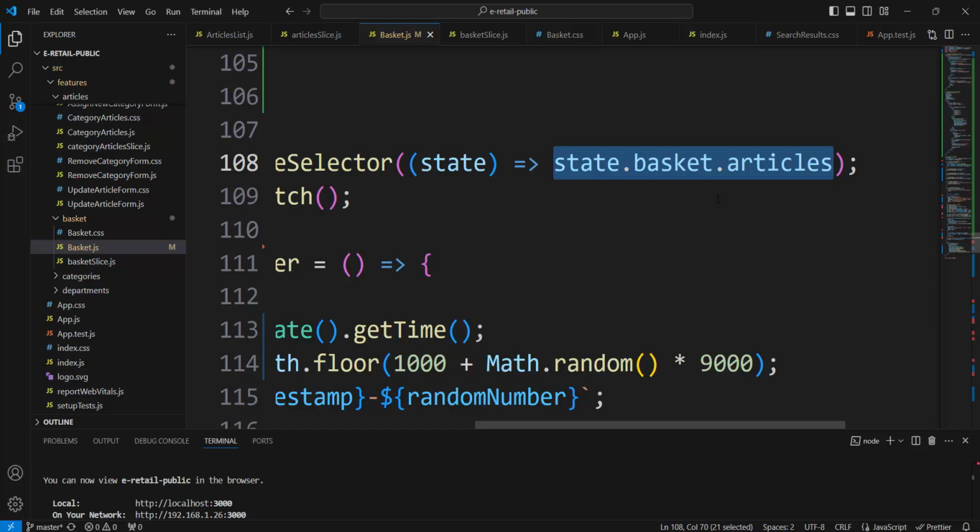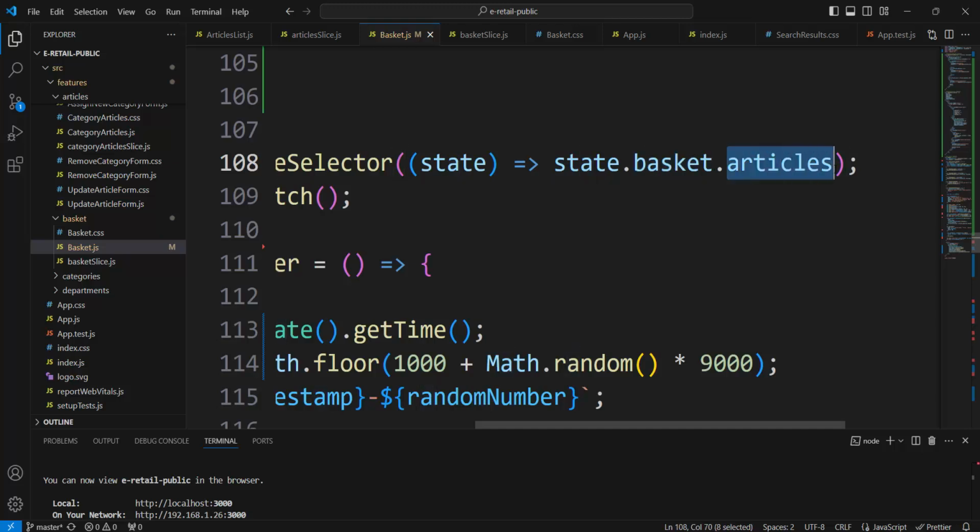State basket, state is the state of the store together for all reducers, and here is the property basket. It is a property of the common state. It is separate. It is reducer basket, and